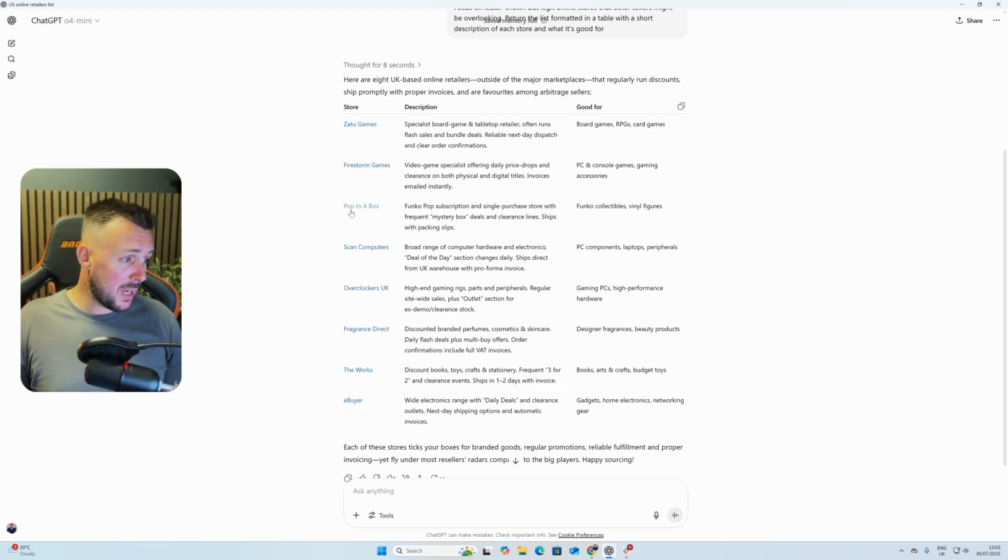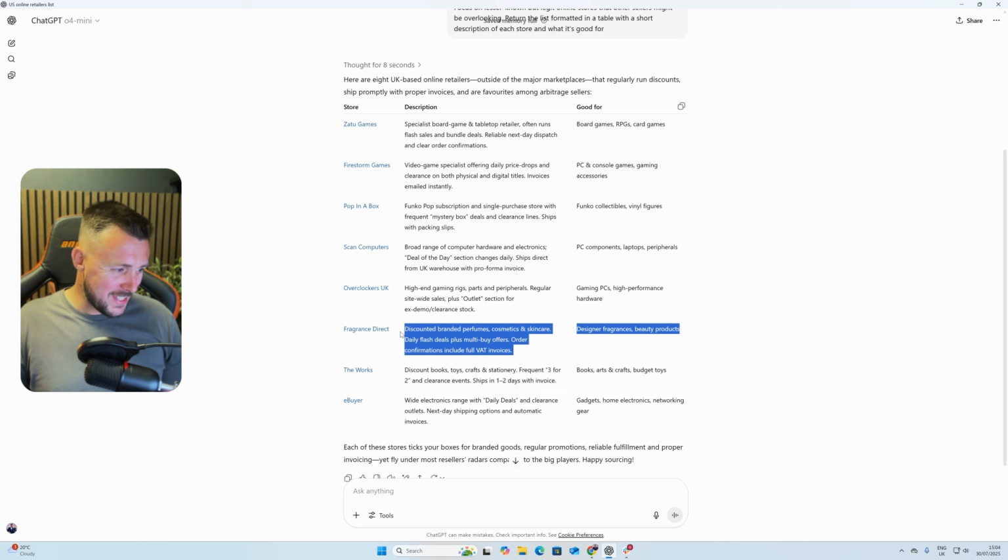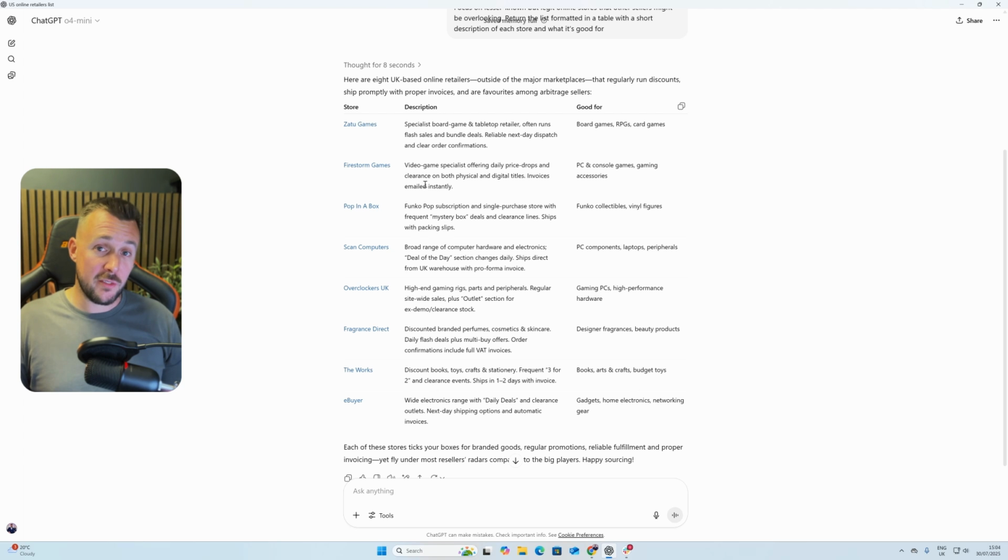We have Firestorm Games, Pop in a Box, Scan Computers, Overclockers UK, Fragrance Direct. This one, it's a bit of an outlier. Not really sure where that's coming in. But The Works and eBuy. So the only real wild card here was Fragrance Direct, because they don't sell fragrances. But we can ignore that and take everything else that it's given us, because we have a lot of other